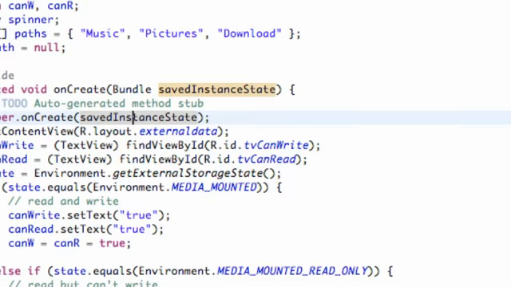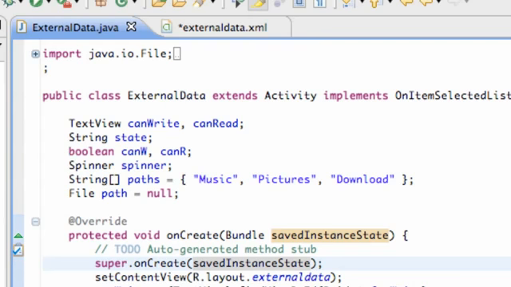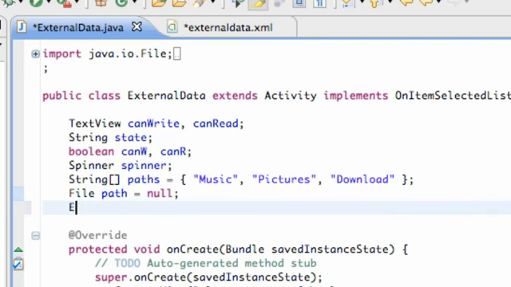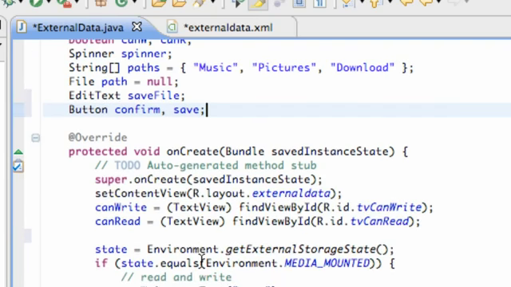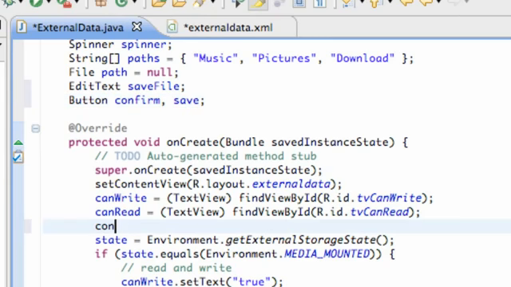So now let's go over to our external data Java file and set up some of those references. Let's make everything accessible here for the whole class. We'll have our edit text, and we're going to have this save file, two buttons, confirm and save. Just import both of those, and let's set up our references now. Our confirm